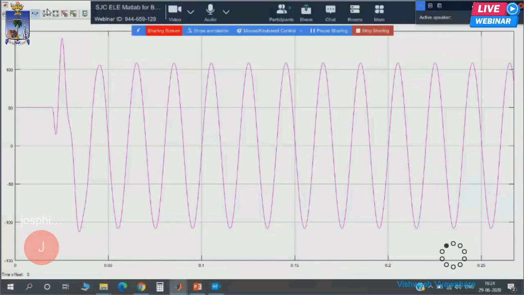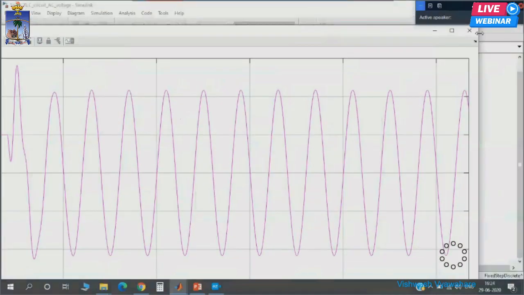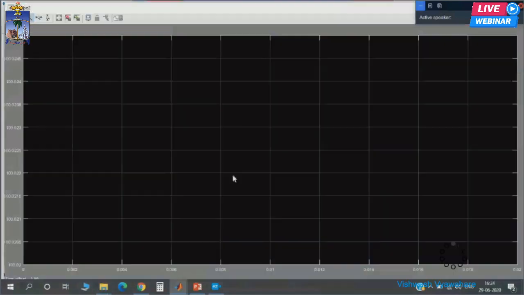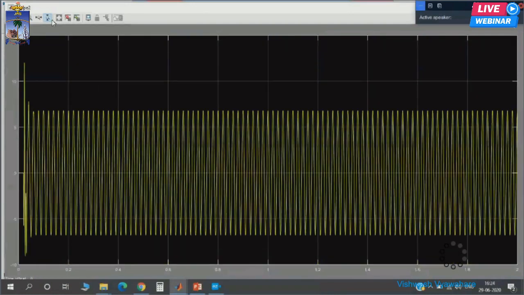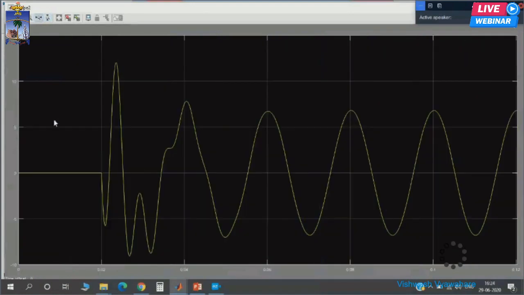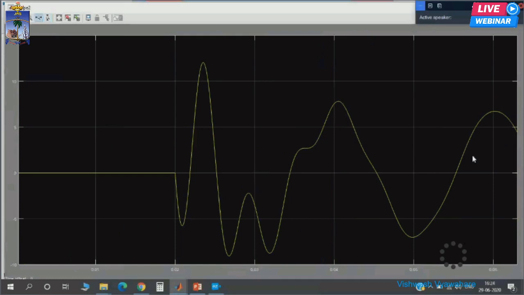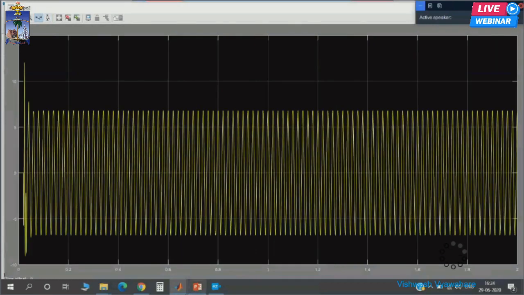Same with the current. I can show you the current also. This is what the current is. Okay. Same with the current. So there is a transient part, and then you can have the steady state part. Now in this circuit,